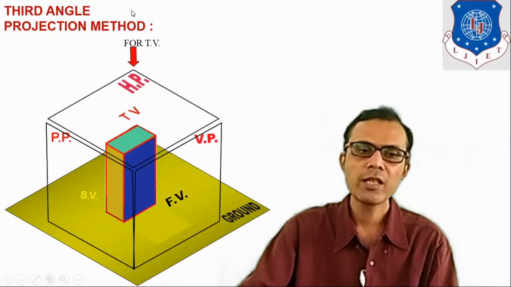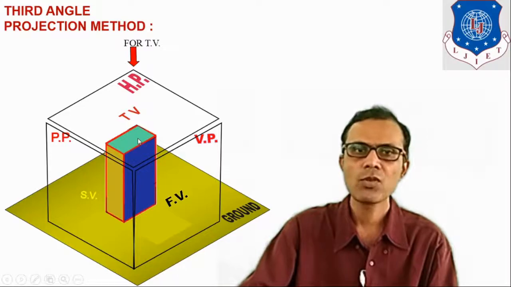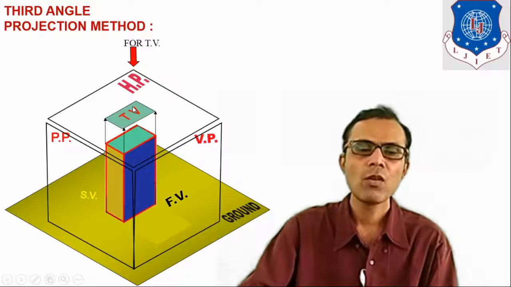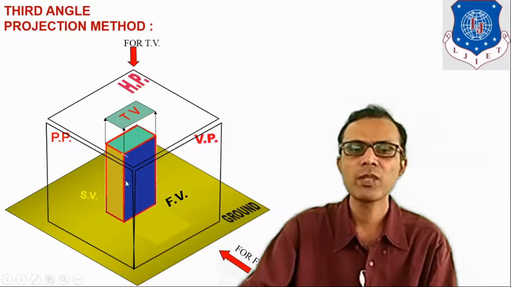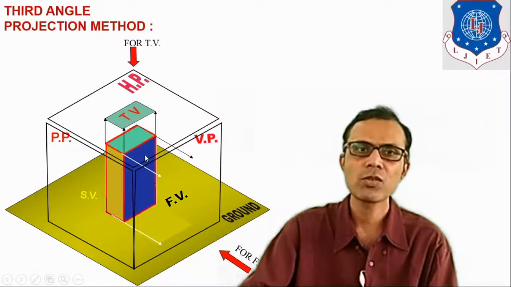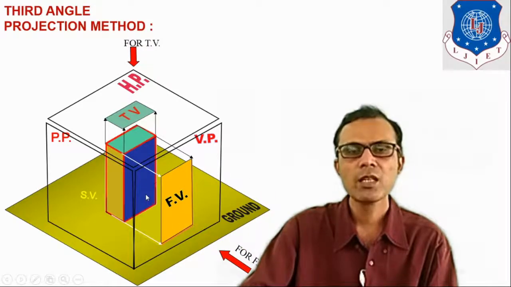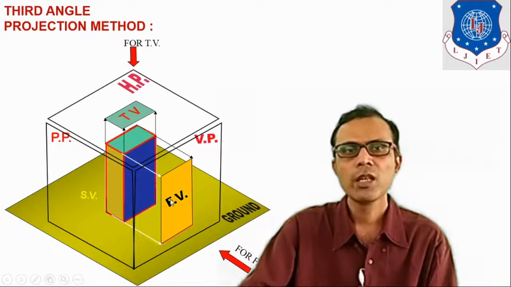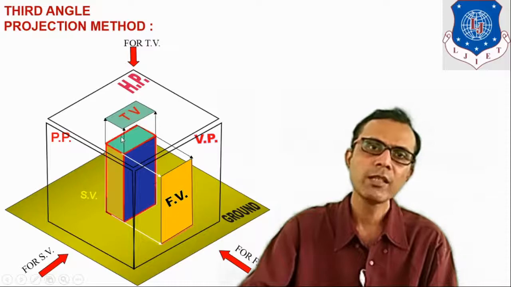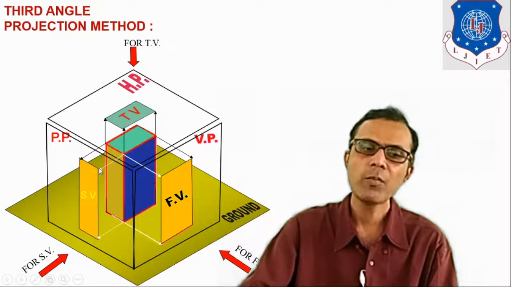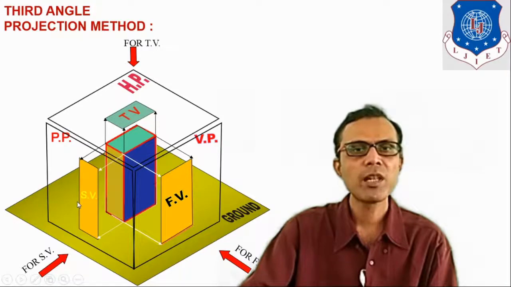Now this direction is direction for the top view. So this similar surface which is shown by this green color can be seen from the top side, and it will be obtained on HP, that is top view. Now this direction is direction for the front view. So here the surface which is shown by this blue color, that similar surface or view can be seen from the front side, and the obtained view is the front view. And if you look at the object from this particular side, that is left side of the object, the obtained view is known as the left hand side view.